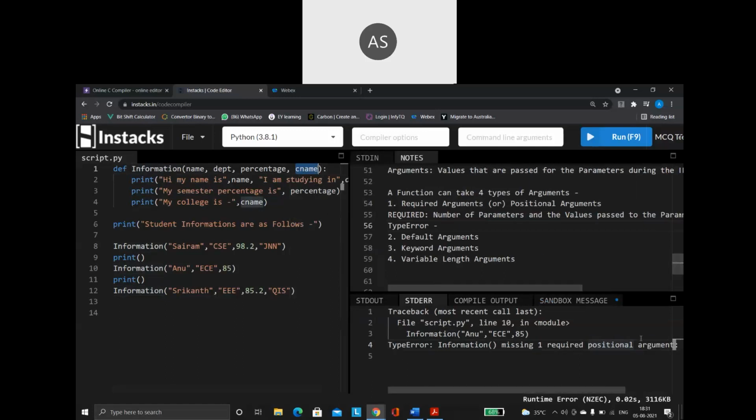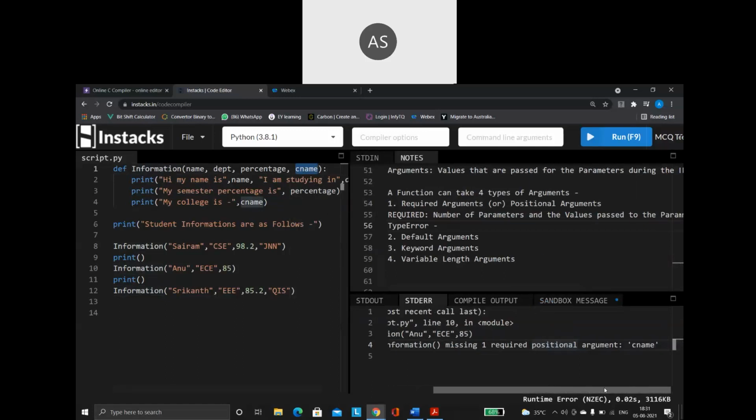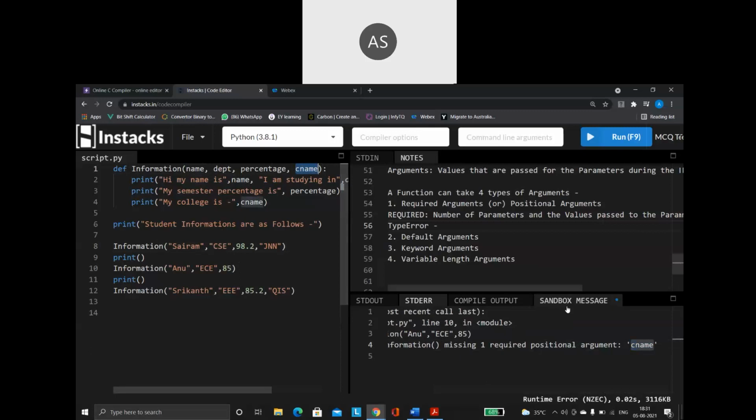And see for which one it is saying. It is saying for CNAME. The first value goes to the first variable, second value to the second variable, third value to the third variable. Then for the fourth variable, I don't have any value. That is why it says there is no value given for CNAME.